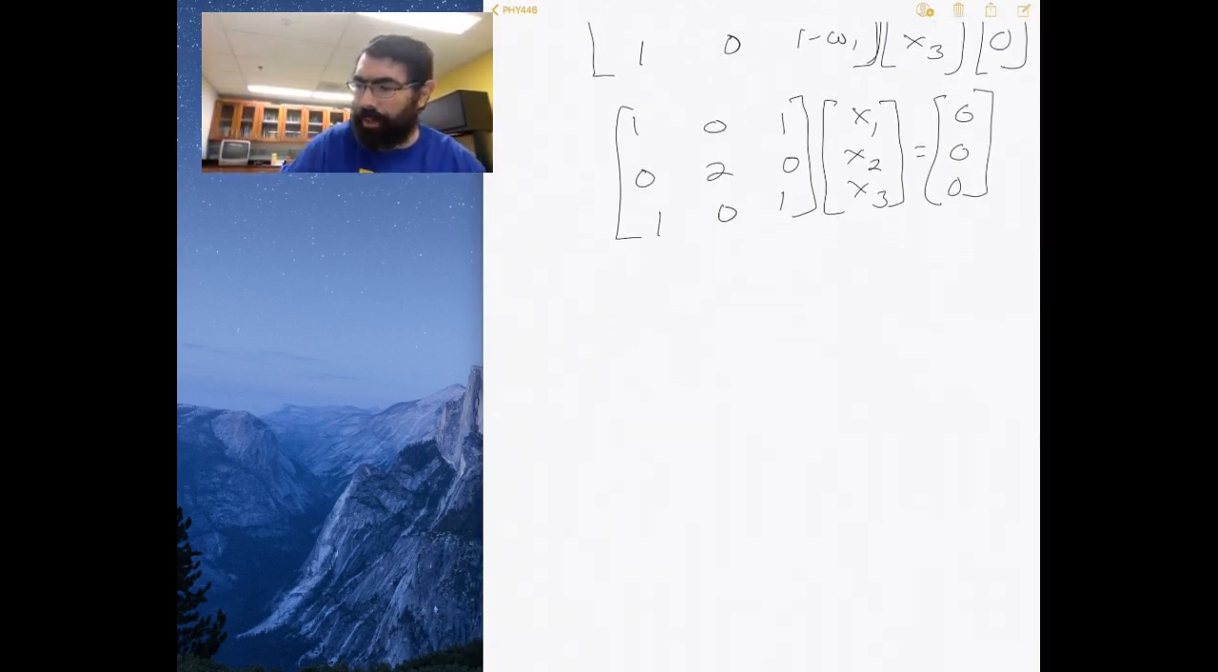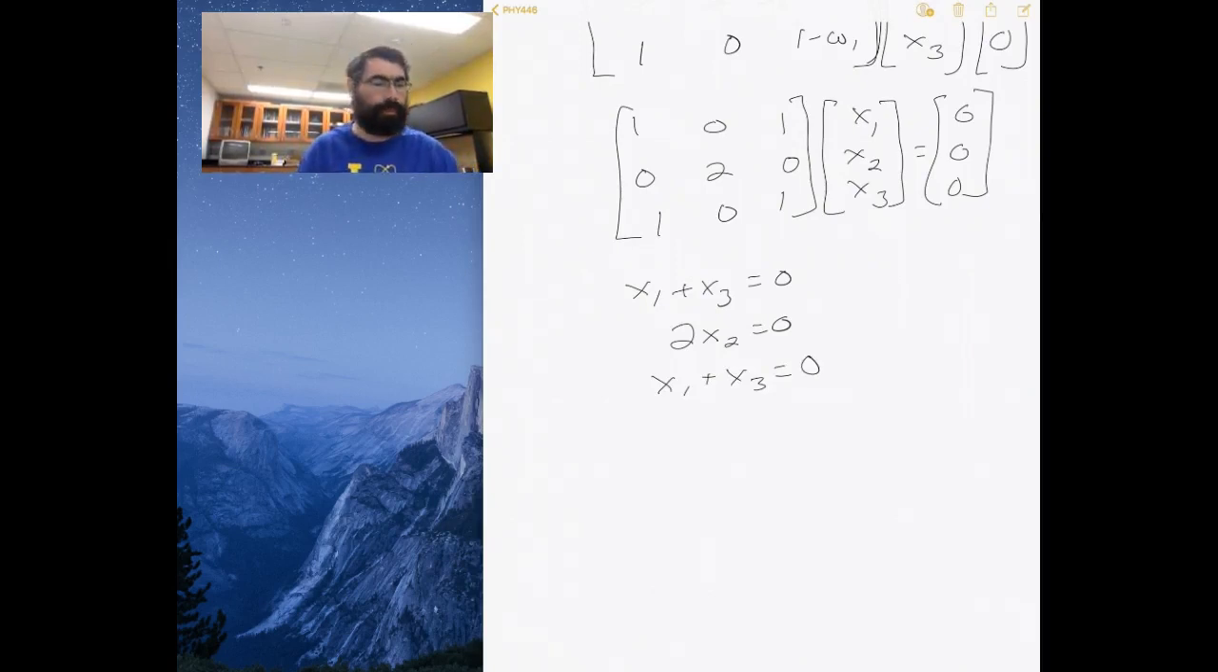Okay, so now if we multiply it out, you get x1 plus x3 is equal to 0. 2x2 is equal to 0. And x1 plus x3 is equal to 0. So that means that x2 is equal to 0. x1 is equal to minus x3. So if we just take, I don't know, a starting value of x1 equal to 1,